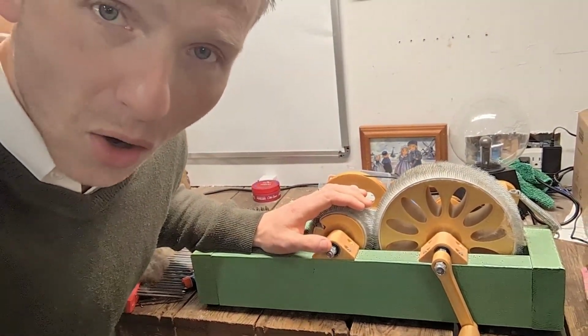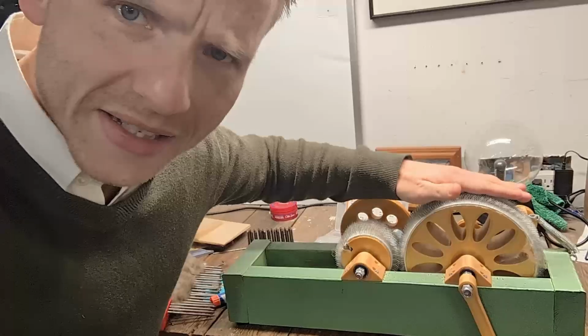I tried making a carding drum a couple of times. This is a tool that prepares the fiber of a sheep and gets it ready for spinning. You can technically spin without preparing fiber, but it is so much better if it's prepared. It's consistent. The hard part of spinning is maintaining a consistent thickness of your thread, and that stretching action you do when you're stretching the fiber in order to get it to the consistent diameter is way easier if the